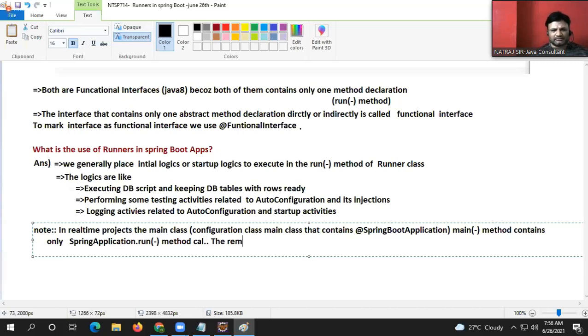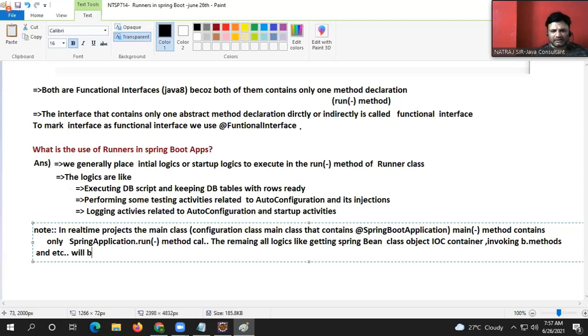The remaining logic, like getting the Spring bean class object from the IOC container, invoking business methods, and so on, will be done